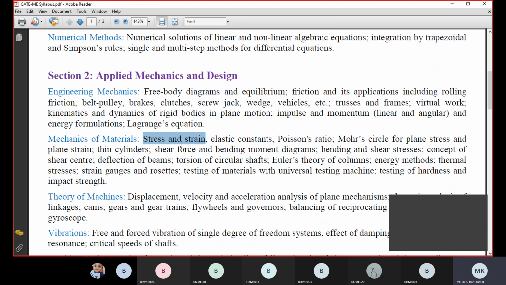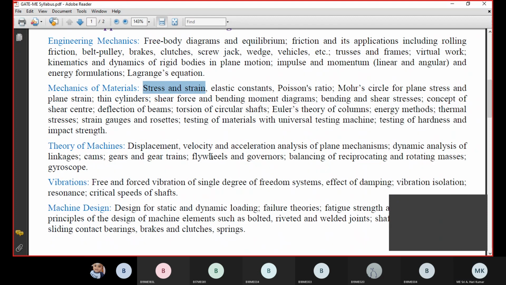Normally we'll deal with more types of stresses when we get into the design part, machine design. Where we get into design for static and dynamic loading in machine design, there we read more elaborately about different types of stresses, like I've been saying, direct stresses, indirect stresses, and combined stresses. There we will learn in more detail. But as of now, as an introduction to stress and strain, we have taken up three different types of stresses: tensile, compressive and shear stress, and the corresponding strains.